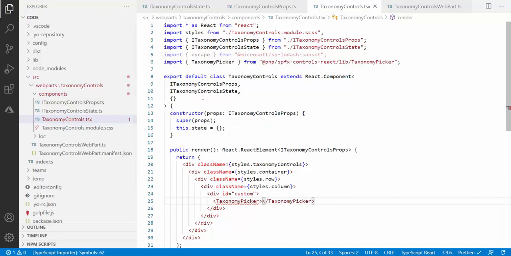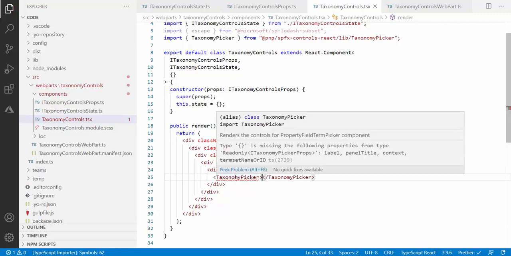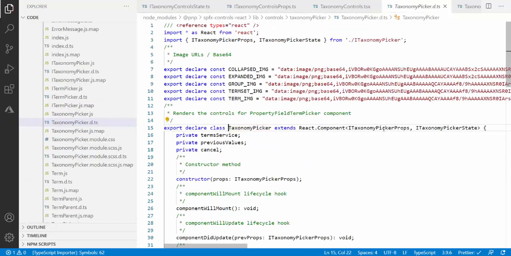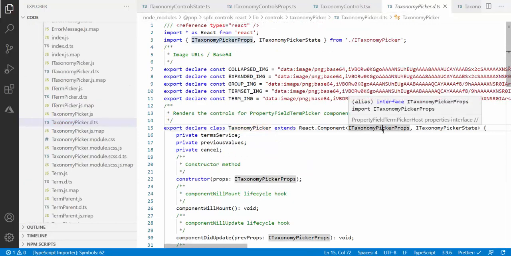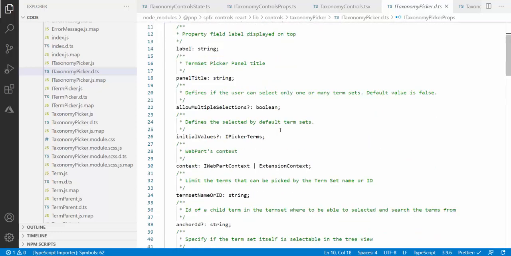So now it is giving me an error. All those who are following me regularly must be aware what I will do as my next step. It is giving me an error because I have to write a few properties related to this control. So for that I will click on F12, and now I will go to its property, ITaxonomyPickerProperties. I will again click on F12, and now I am inside this interface. It is giving us an error because we have not implemented the required properties. So we will see over here what are all the required properties, and we will implement them.